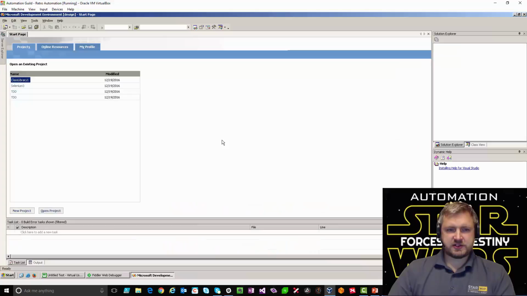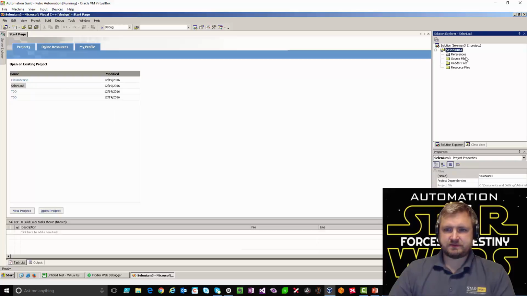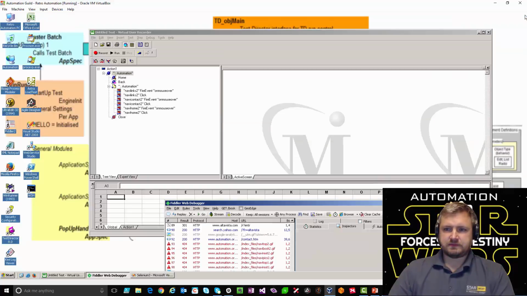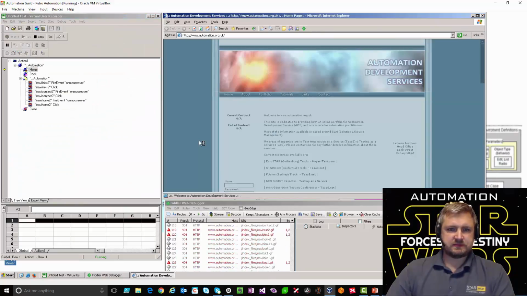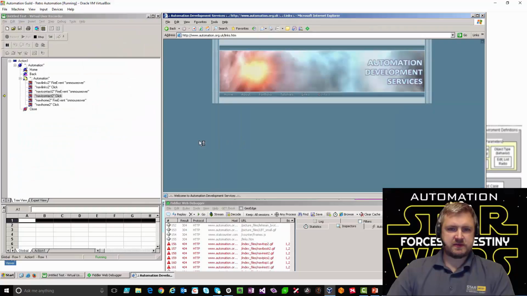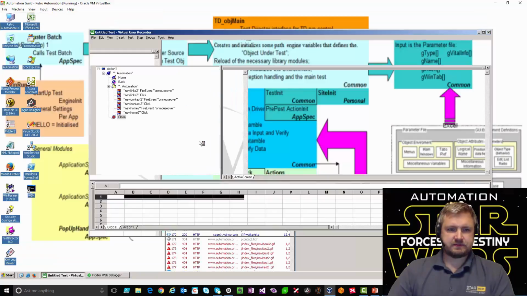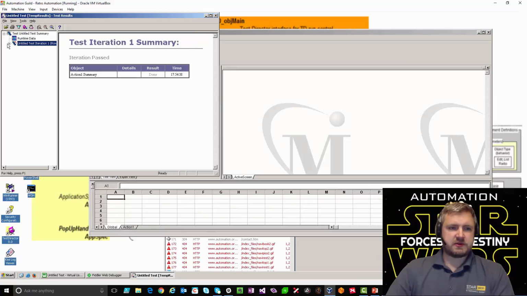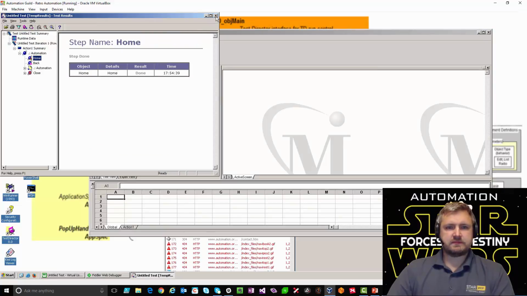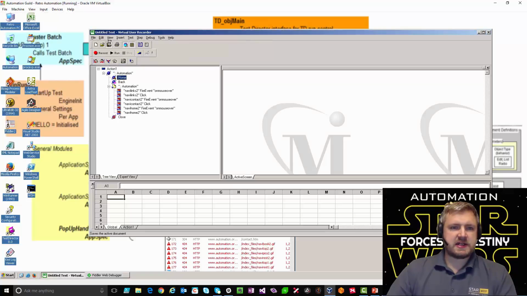Unfortunately, this version of Visual Studio does not support such files. So I'm going to run this now in debug mode, and it will click through the various different pages. And as you see, it's something very similar to what you would expect to see in QTP. Now I'm going to save that test.